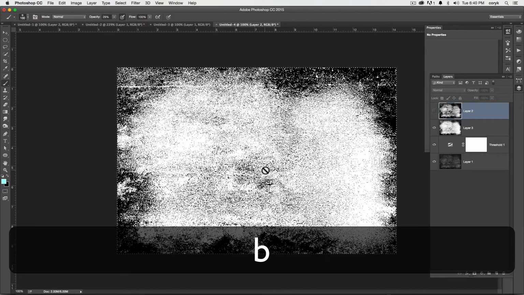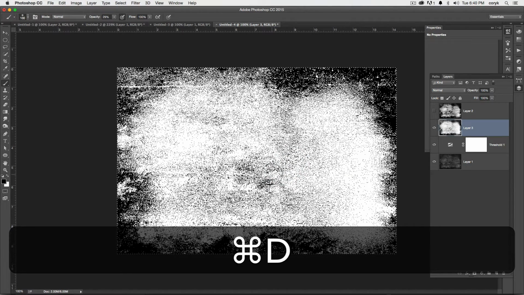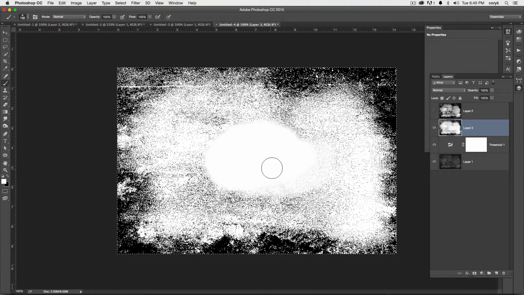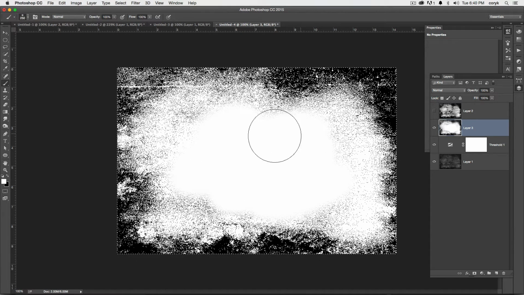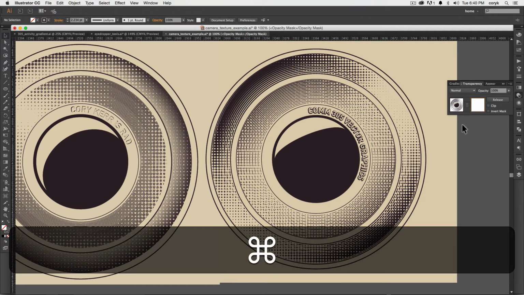And then I'm just going to come in here and I'm going to paint a little bit. I don't want blue, I want white. So I'm going to come in and paint white here in the middle, because I don't want it distressed here in the middle. So I'm just going to give it just some edges. Okay, and once I have that the way I want it, copy, shift back over here, make sure I'm on my mask, paste it in,